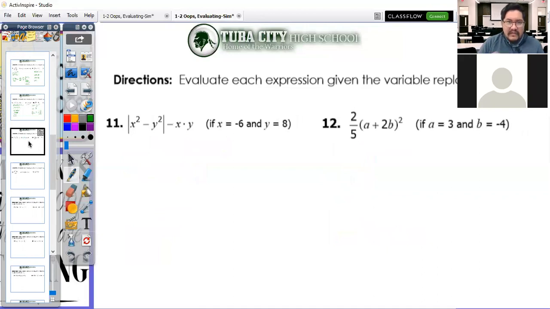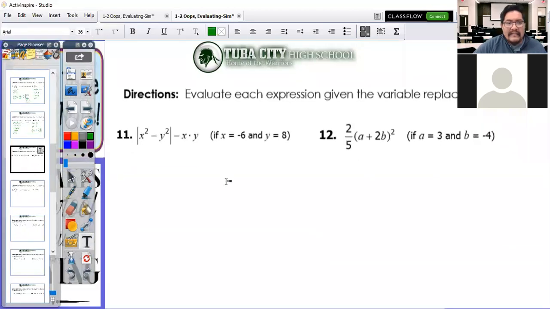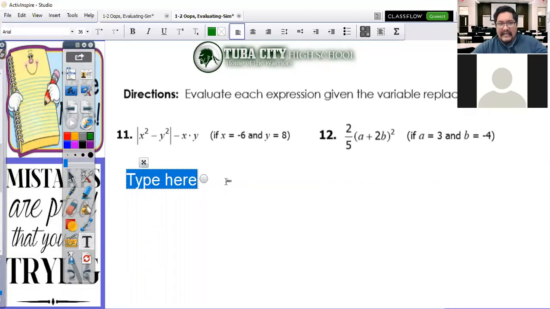All right, now this one here with number 11, we have the same variable plugins for multiple variables, right? Because we have 2 x's and 2 y's. So when I start plugging things in, I got to make sure that everywhere I see x, I'm going to have to plug in -6. And everywhere I see y,